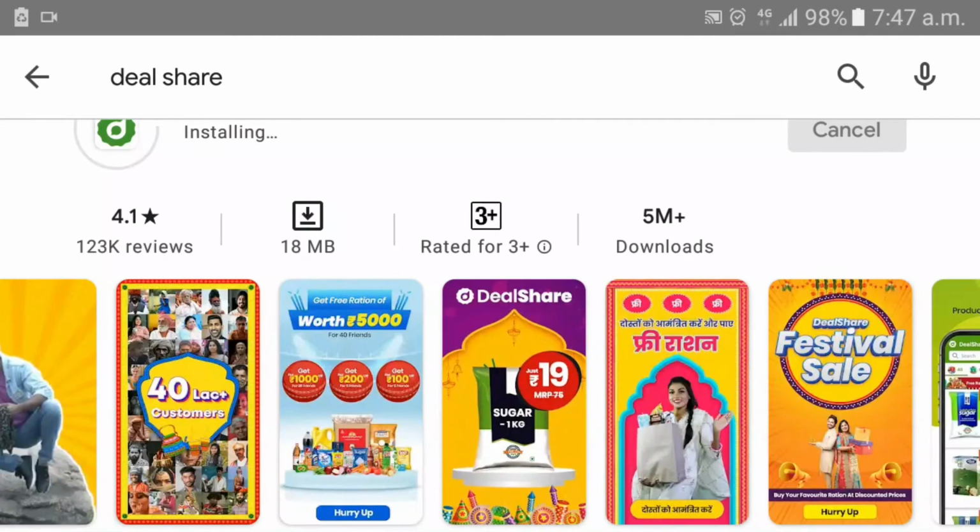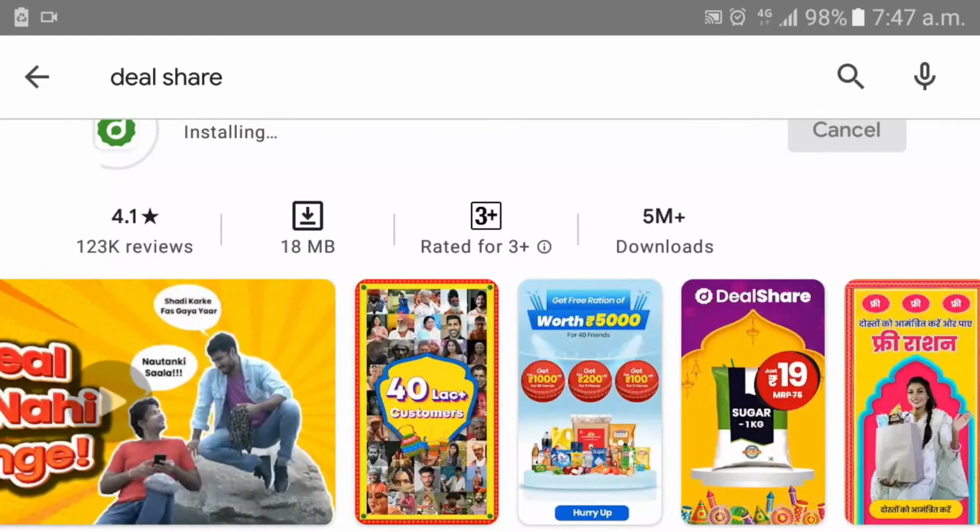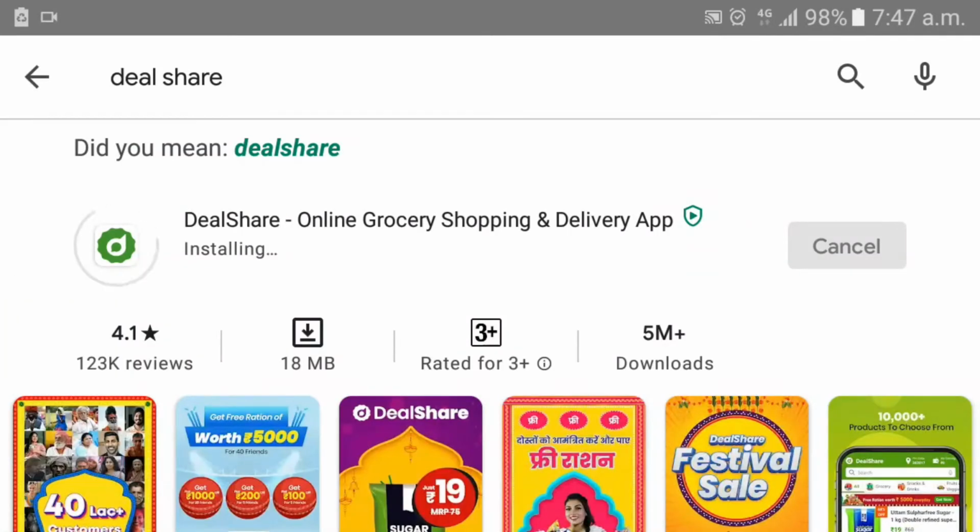I also use DealShare. I have already purchased 2 deals from DealShare. The first one is near about 277, and another deal is 300 something.